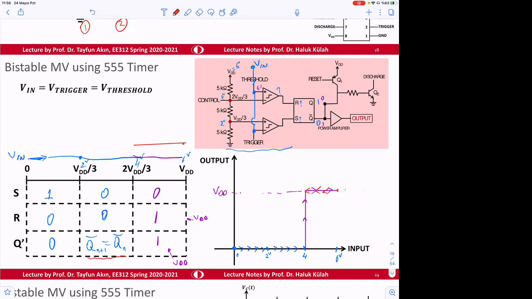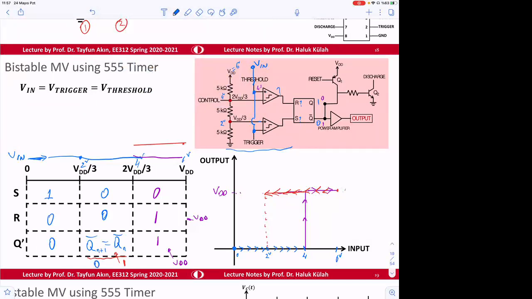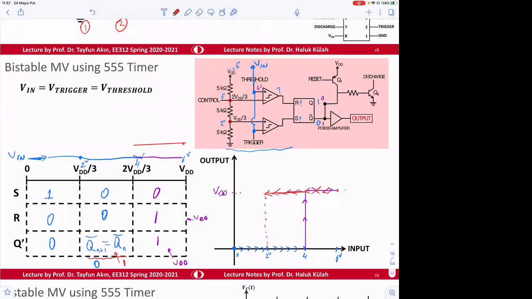Okay, so on the way back, this will remain at reset. So what does that mean? That means the signal down to here will be remaining at reset value. Okay, so on the way back, this will be 1. While going up, it was 0. It was 0 going up. On the way back, it remains 1. So therefore,